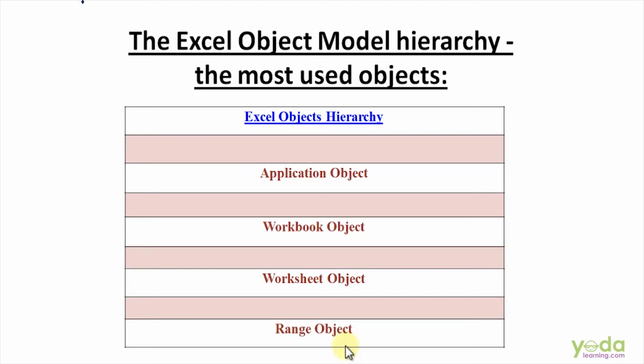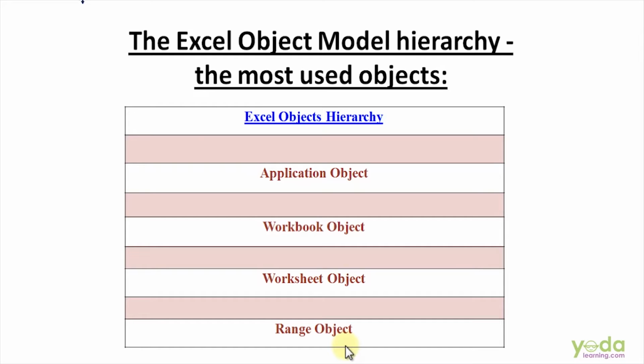Now, how do you specify this in a coding language? It will be Application.ActiveWorkbook.ActiveSheet.Range, within brackets and inverted commas, say the cell reference is A1, .Font. That's a long way to go to get to a font object. There are some shortcuts that I will discuss in a moment, but whatever syntax you use, this is what's happening under the hood.